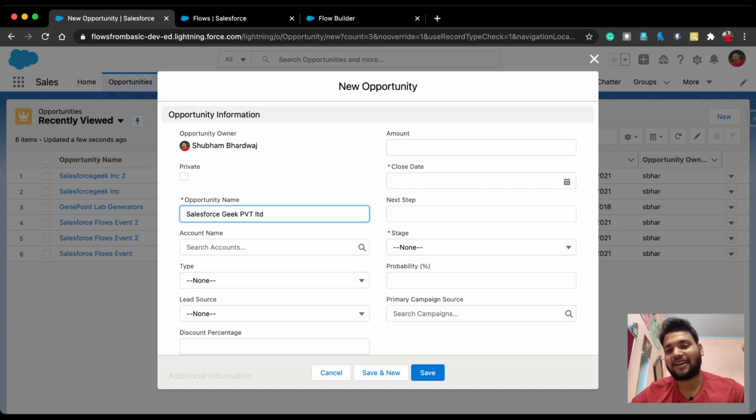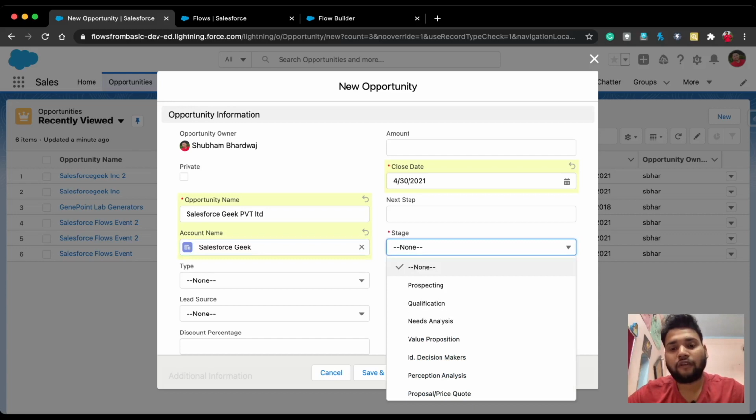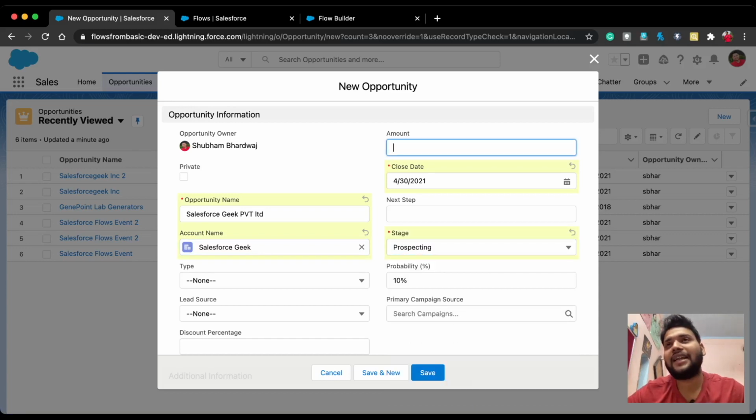This is just a dummy example, and in close date let's say 30. Let's provide an account name, let's say Salesforce Geek, and make sure you provide an amount, because only when an amount is present is the trigger going to fire. So let's say 20,000 and simply save.